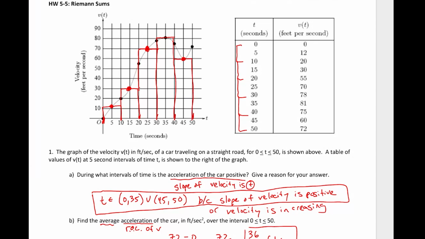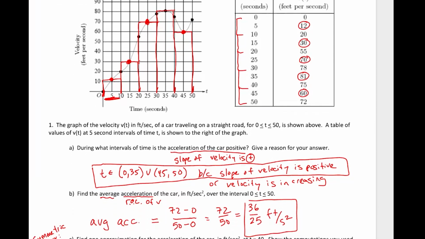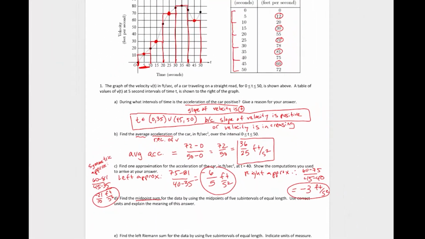Okay, so as we're figuring out what the height is, it's always going to be that point in the middle when we're doing the midpoint sum. So these values right here, like 12, 30, 70, 81, 60. These are going to be the heights of those rectangles. Each one is 10 units long. So let's go ahead and I wonder if I can fit it all on here. I'll just go ahead and start